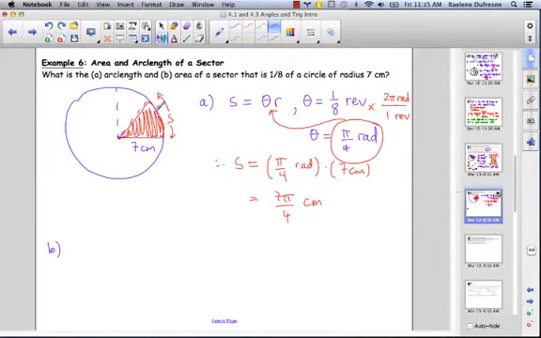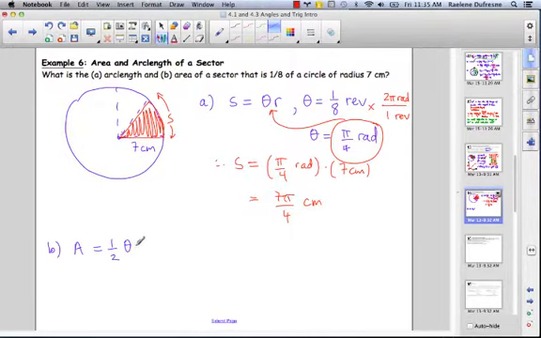And in part B, we want to know the area of that slice. There are lots of ways to do it. We could recognize that this is 1/8 of the whole circle. The whole circle has an area given by pi r squared, and so we could just take that area and divide it by 8. To use the formula, we could say area is equal to 1/2